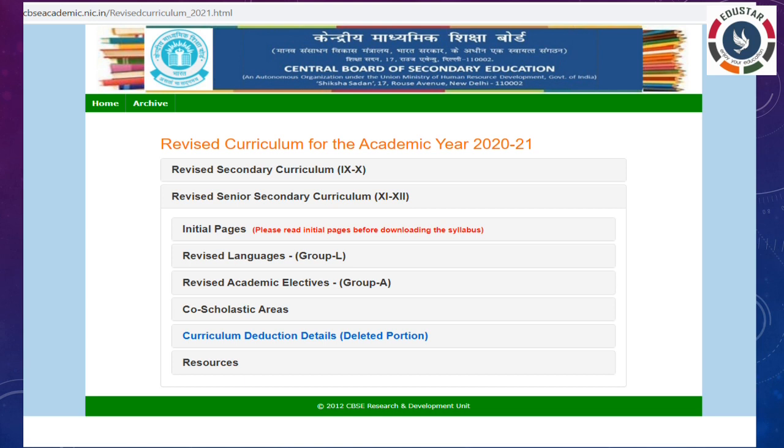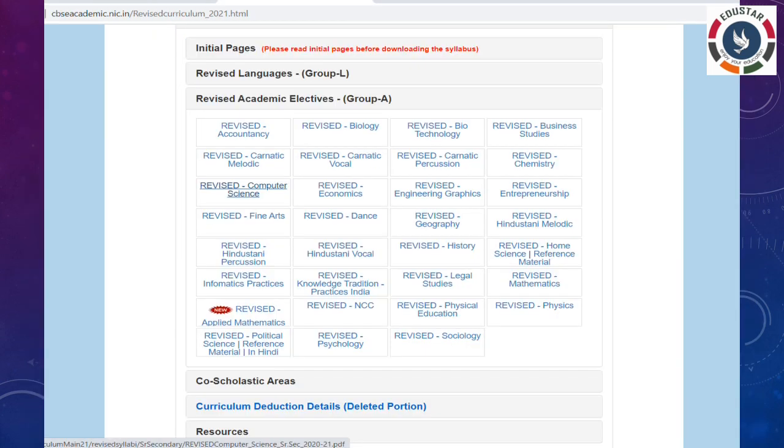After clicking on this option, it moves to the next window, where many subjects are displayed. From these subjects we are going to discuss computer science for now, so simply click on the computer science option, the revised computer science.